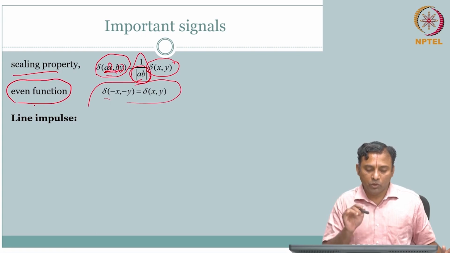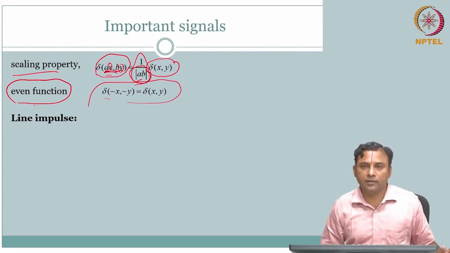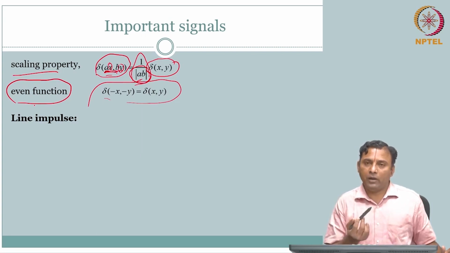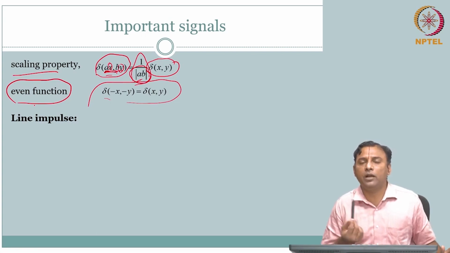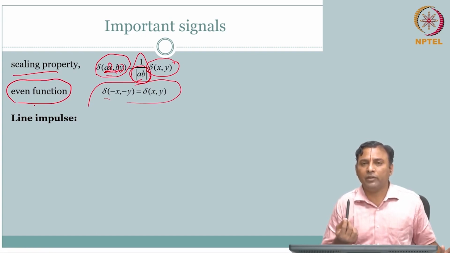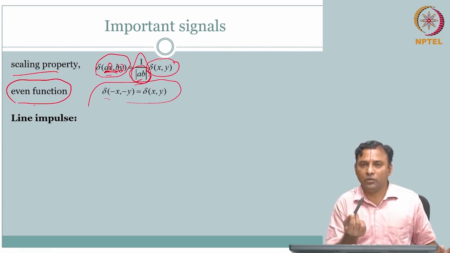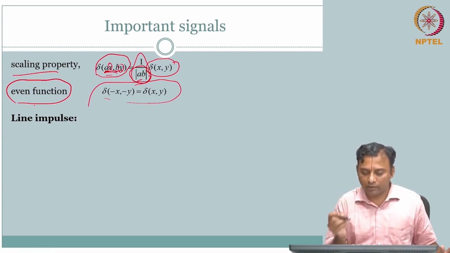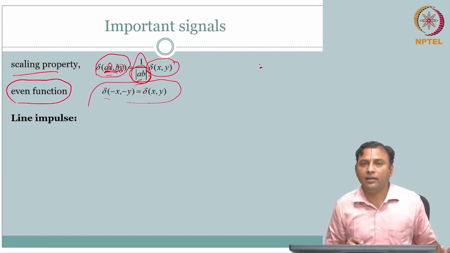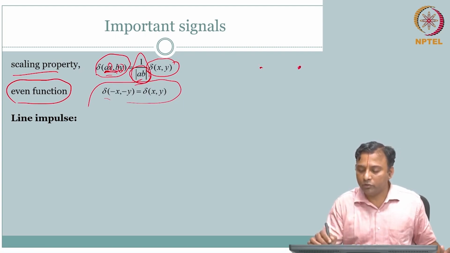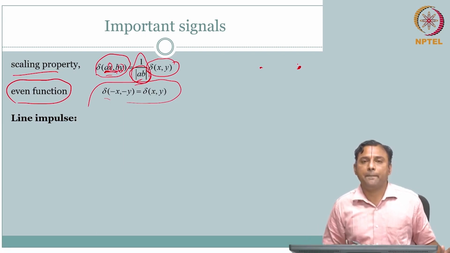So let's quickly move to another important idea, the line impulse. You now have the value of the point impulse, and the point impulse is immensely useful. You will look at it from an image quality perspective eventually. If you have an ideal point at 0, and the imaging system is going to take this ideal point and is going to show this point,